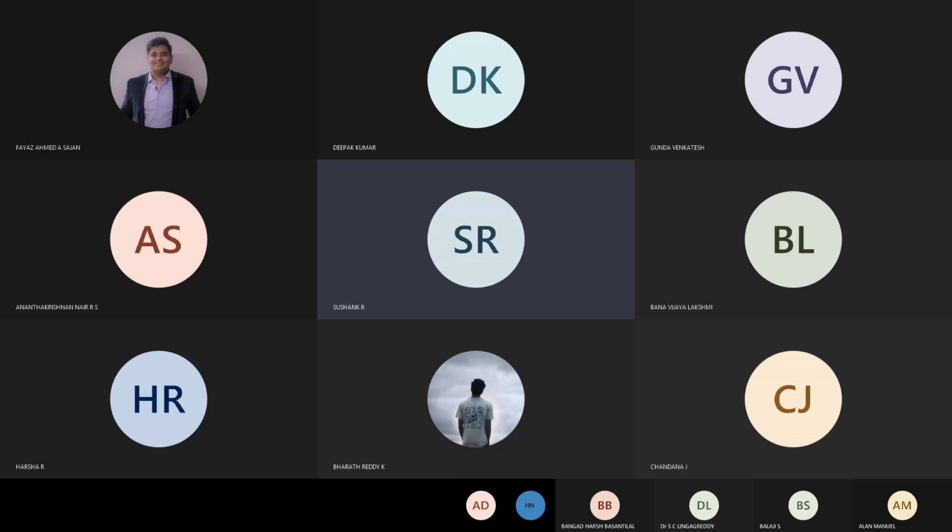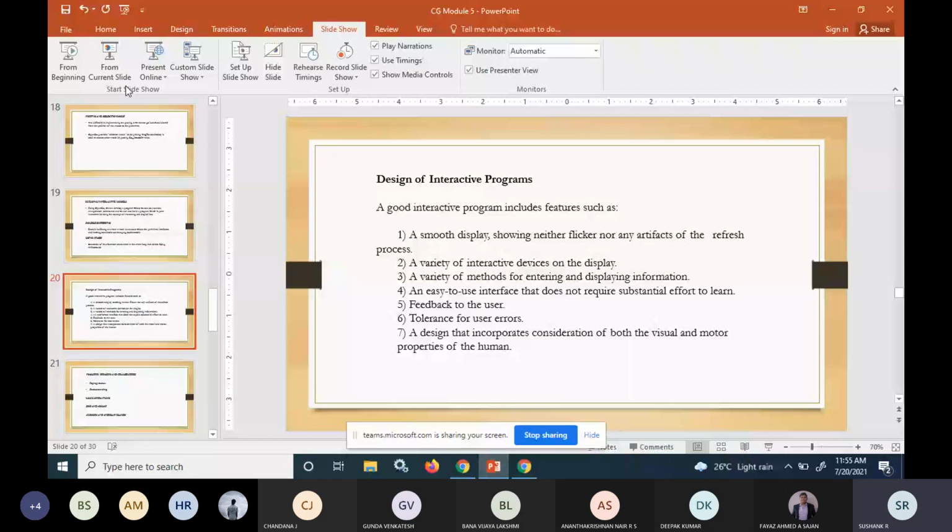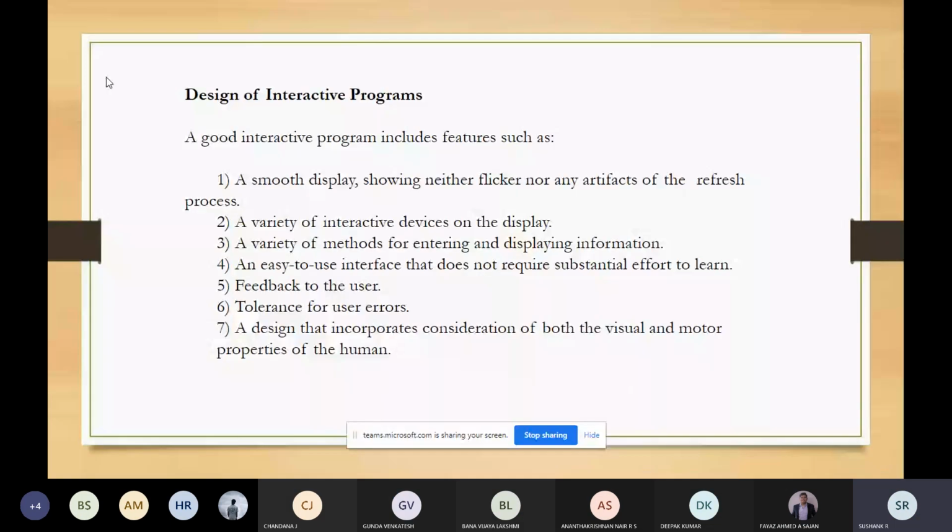Okay. So in the last class, we were talking about the buffer, double buffer, then pop-up menus, how you can create pop-up menus in computer graphics applications, and how you can use the timer, what is the usage of the timer, what do you mean by double buffering. So all those things were for building interactive applications or interactive games.